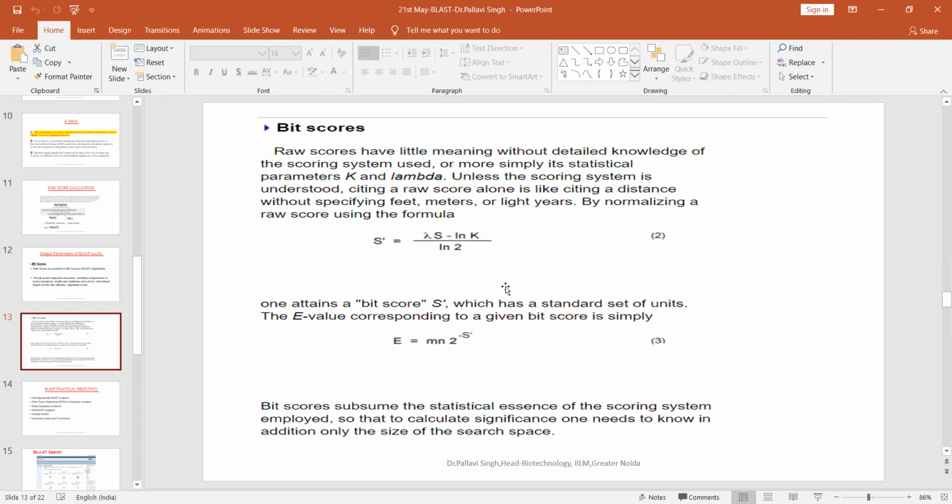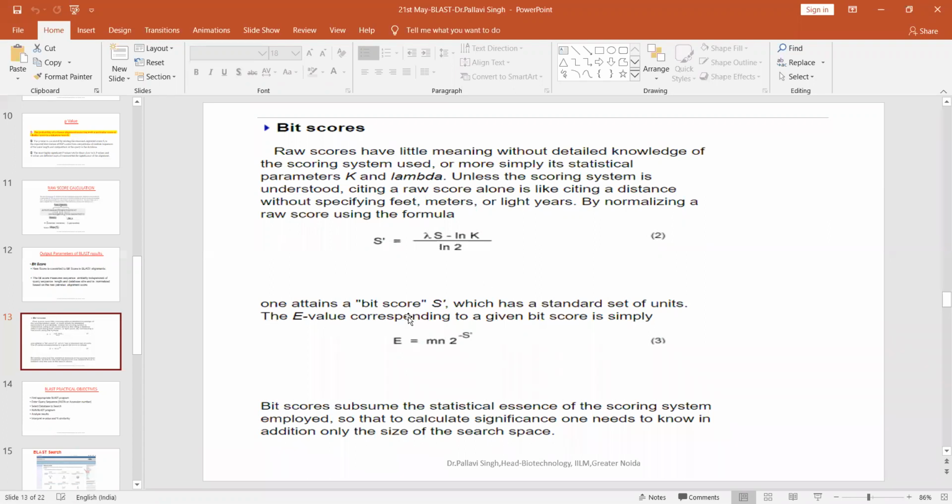So we need to normalize our raw score into the bit score, and bit score is given by this formula: lambda S minus ln K upon ln 2. Here my K and lambda are the statistical parameters which are based on the system size and system space, and the moment I multiply my raw score with lambda, subtract ln K and divide by this, my raw score gets converted to the bit score.